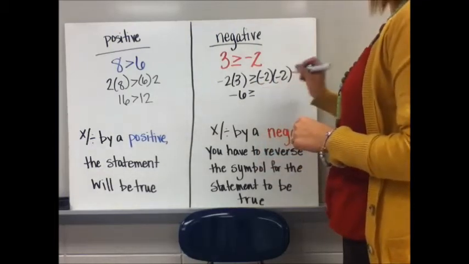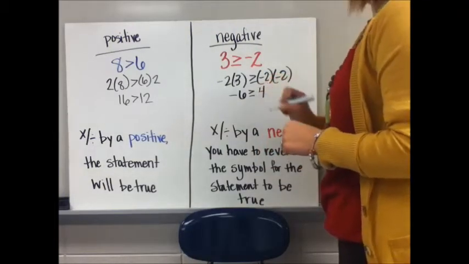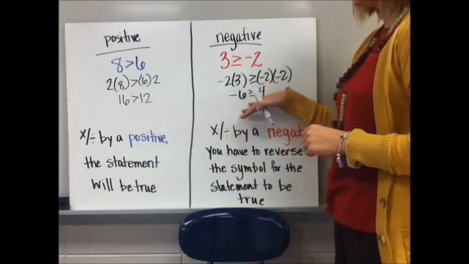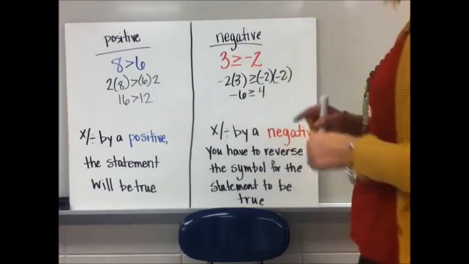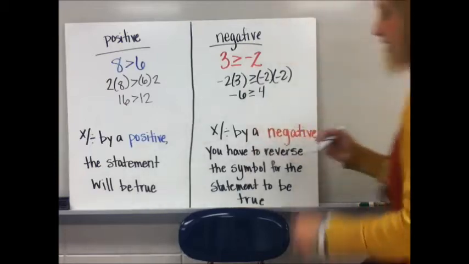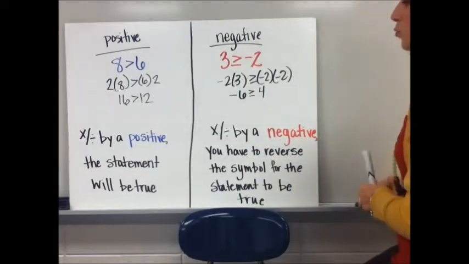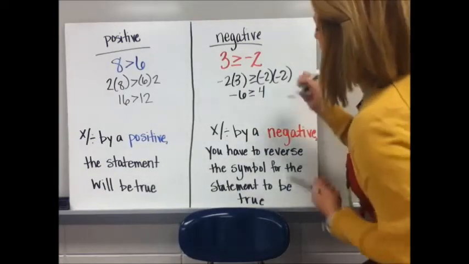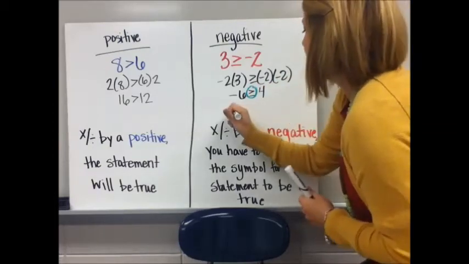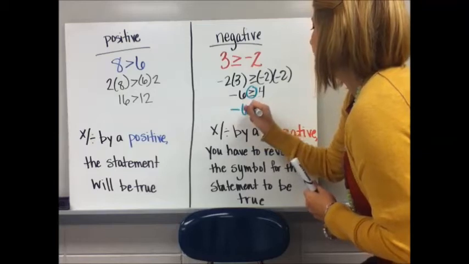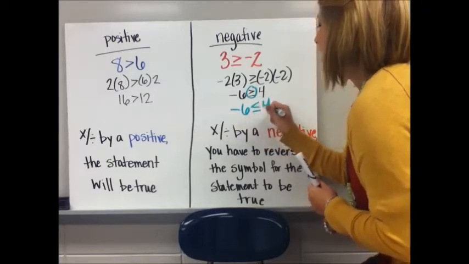Negative 2 times negative 2 is positive 4. Let's read the statement. Negative 6 is greater than 4. That's not true. In order to make this a true statement, I'm going to have to switch the inequality to the opposite side. So if I write that as negative 6 is less than 4, it is